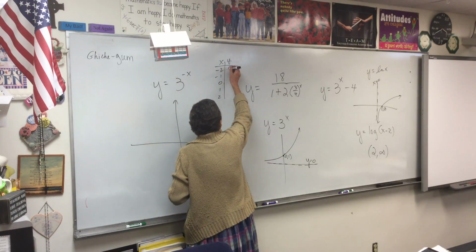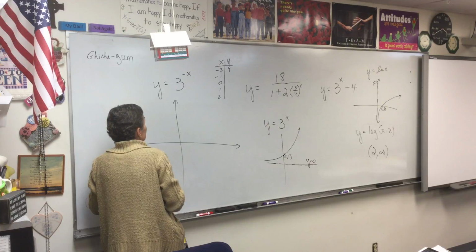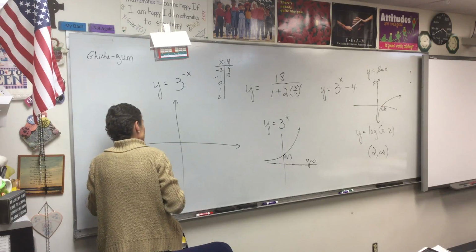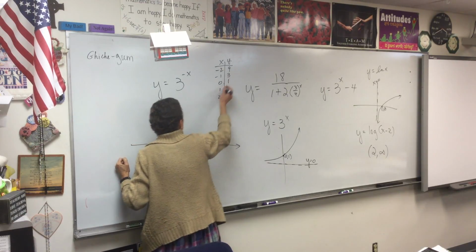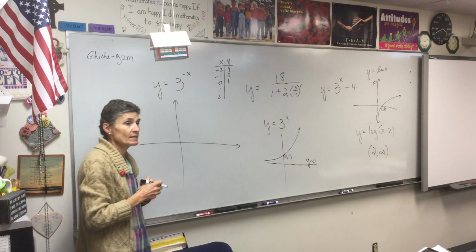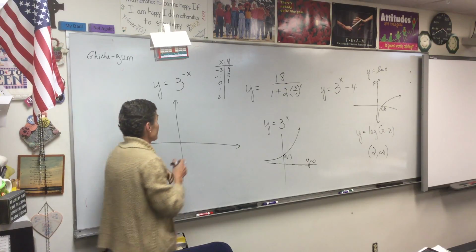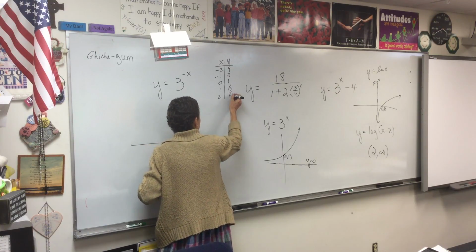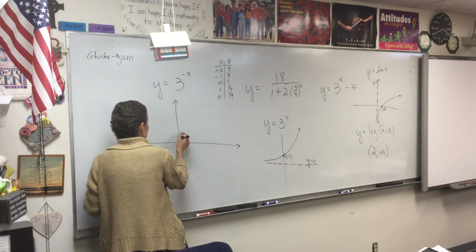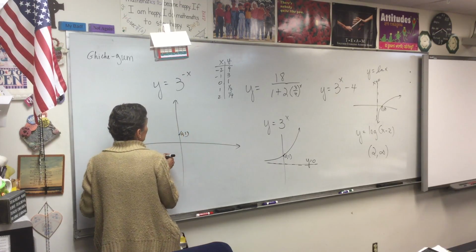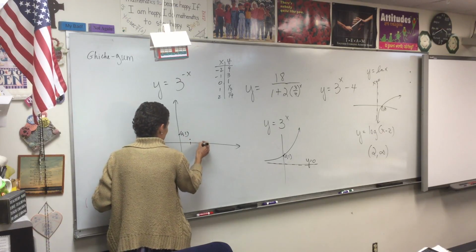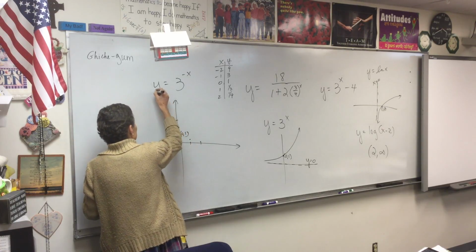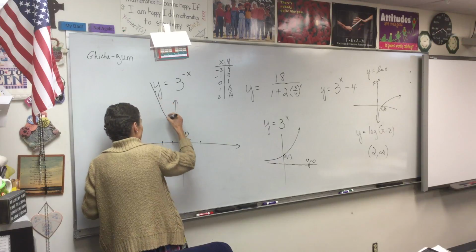All right, what if I put in -1? 3. What if I put in 0? What's anything to the 0? 1. Now, if I put in 1, I get 3 to the -1st, which is 1/3. And 2 would be 3 to the -2nd, which is 1/9. All right, let's go ahead and plot this. There's 0, 1. Here's 1, 1/3. Here's 2, 1/9. -1, 3, -2, 9. Gosh, when I connect these dots,